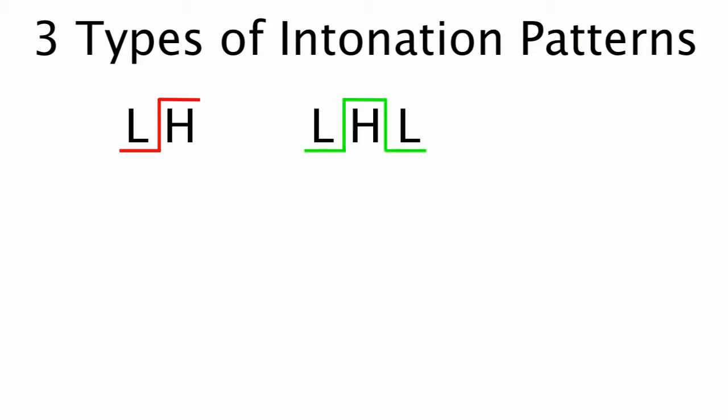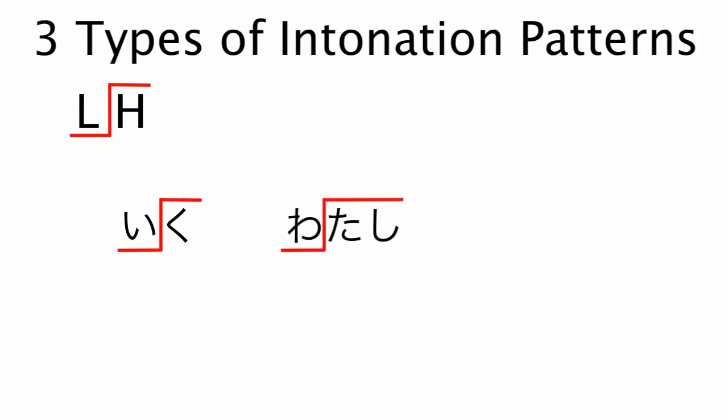Here we'll present the three types of word-level intonation patterns. Number 1, low-high. Number 2, low-high-low. Number 3, high-low. Let's look at some examples of these patterns. Low-high. 行く 行く 私 私 学生 学生